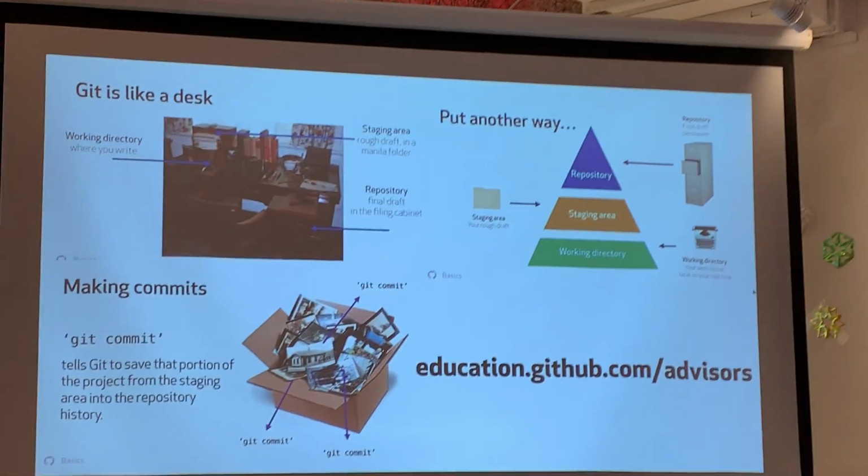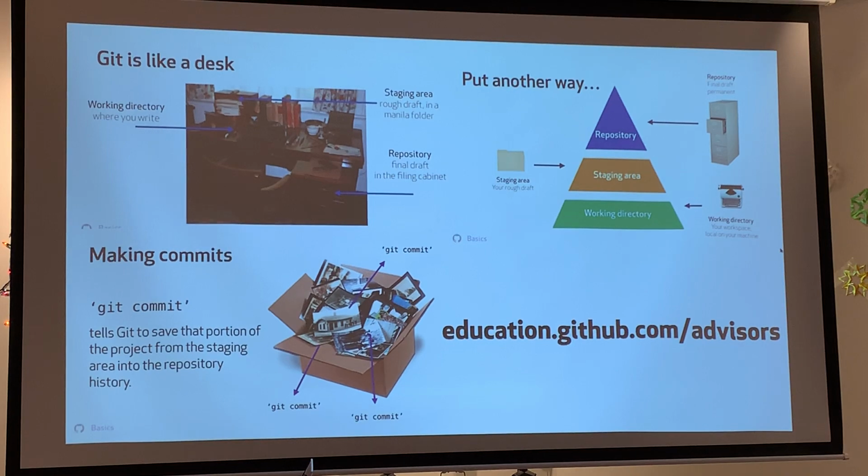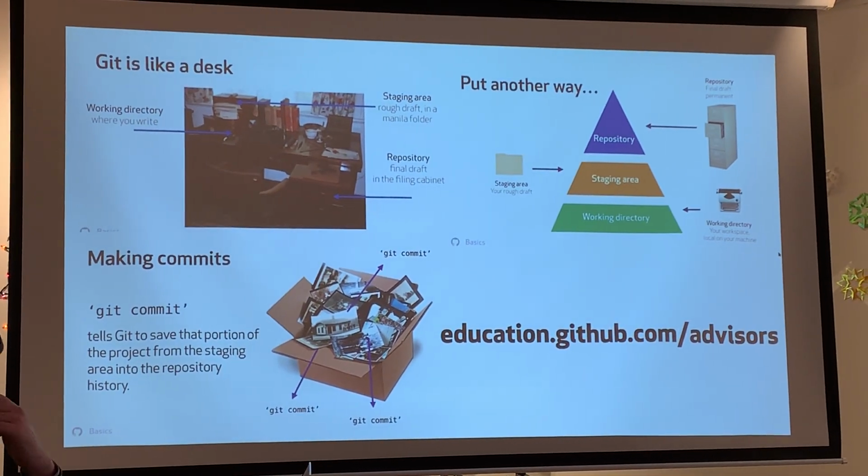And the modules are Git Basics, which is really the internals, individual work, and then moving into network activity, group work, and our student programs. You can catch those at github.com/advisors. And I'm an instructional designer by training, so this training really plays into the kind of visual metaphors and playful approach to learning technology that I would consider my hallmark.